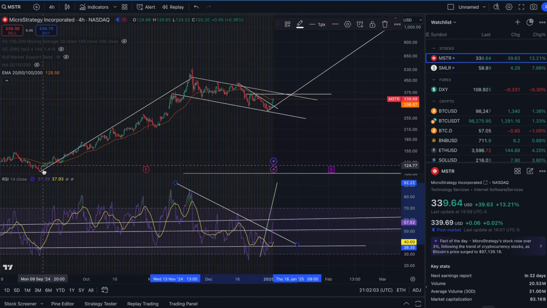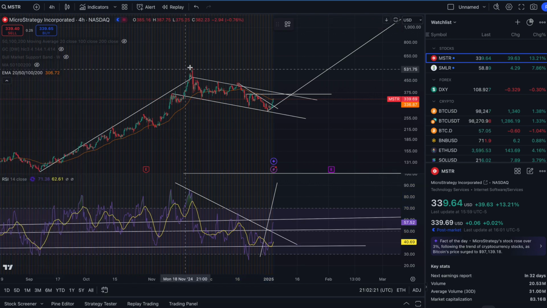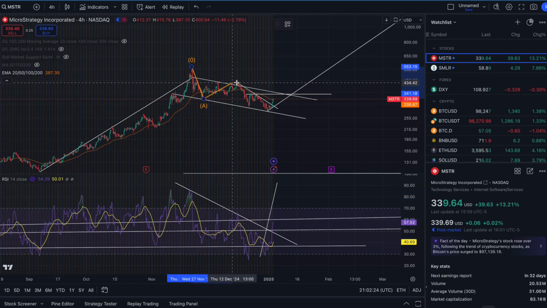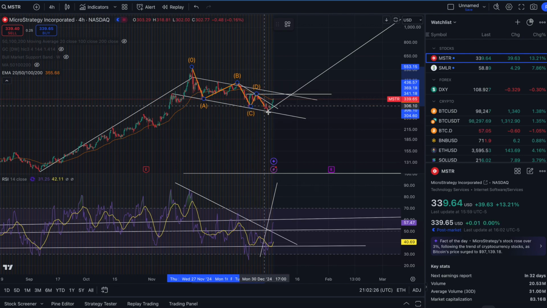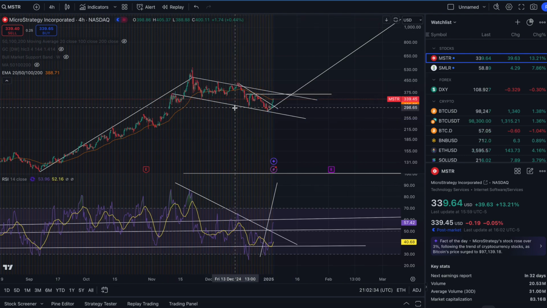So we're up in this upwards channel right here where we peaked out around $550, and then since then we've had a retracement, and people can look at this retracement from a variety of different lenses. But if you look at your corrective waves, you can say that this could be 1, 2, 3, 4, 5, or A, B, C, D, E, whichever way you cut the cloth. It looks like that could be 5 waves playing out, and it looks like we could be in the depths of a turnaround. And why do the Bitcoin bros think this?